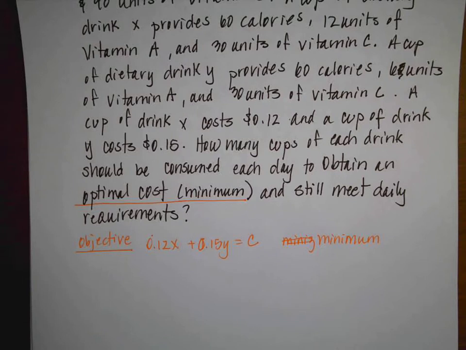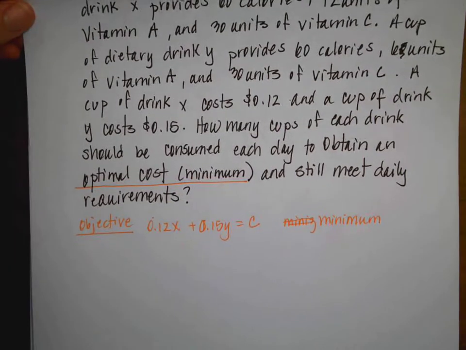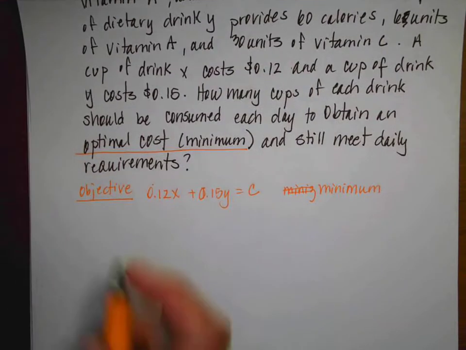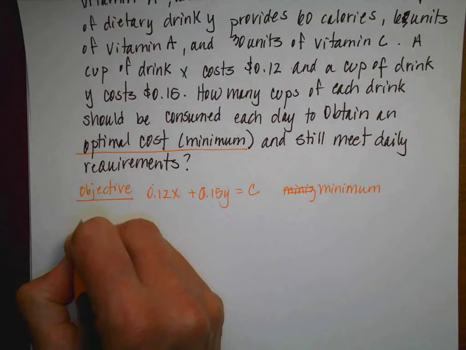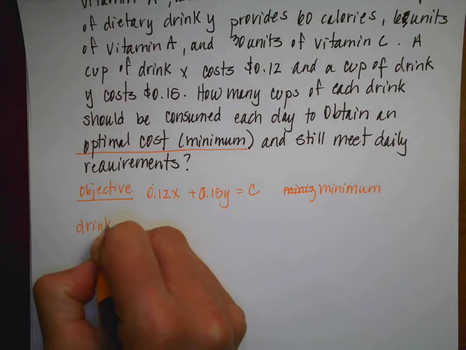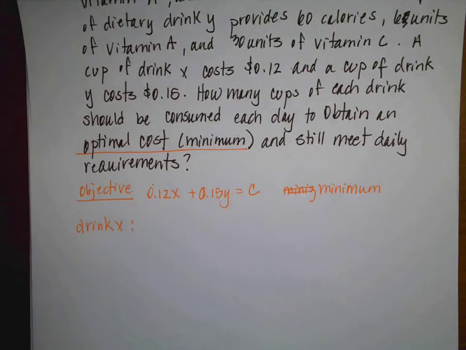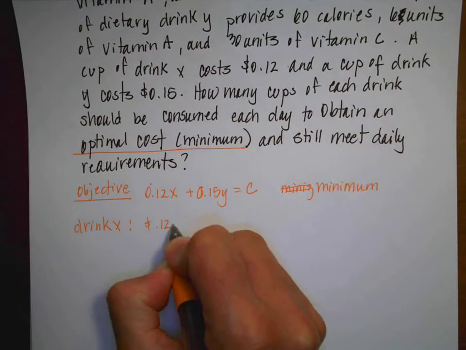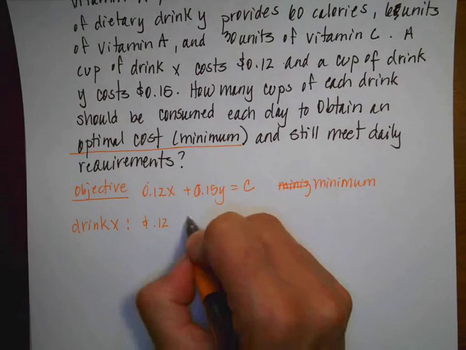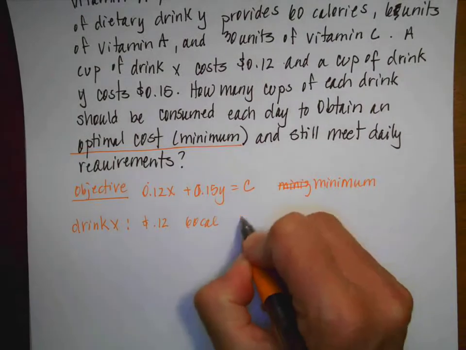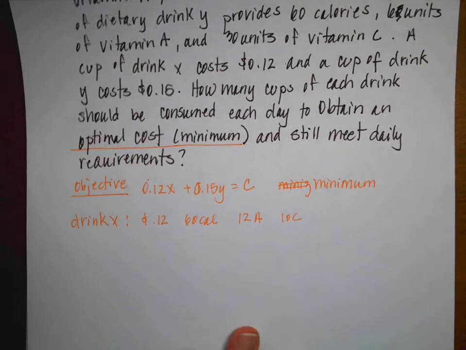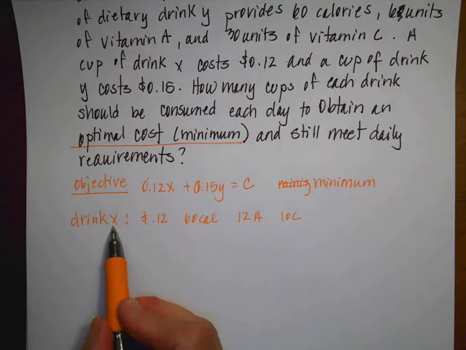All right, so now I need to write all of my other constraints, and this is actually a cool problem. So I can't show both, so I'm going to write things down, and you're going to have to move your paper so you can see. So the first thing that I'm going to do is I'm going to write drink X. And we knew that for information, it costs 12 cents to make. It has 60 calories. It has 12 units of A and 30 units of C. So that's the information that I know